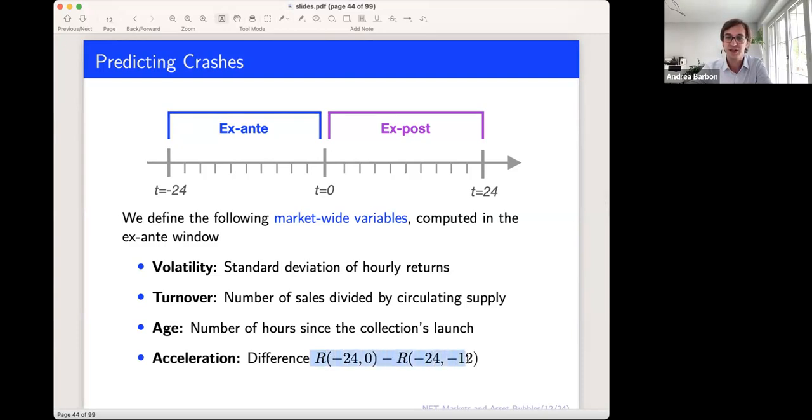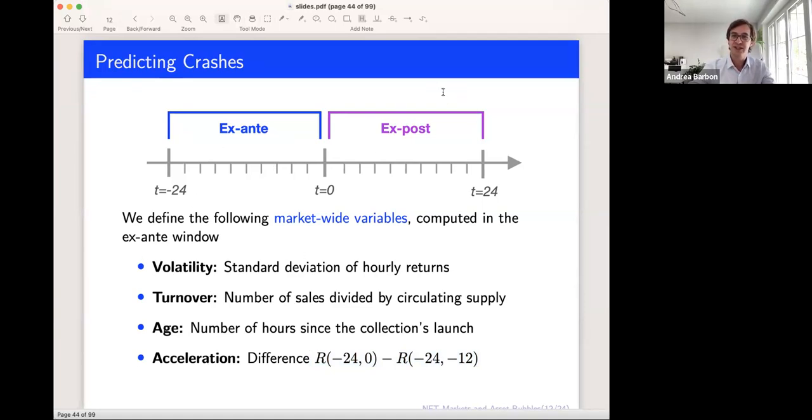Okay, so think about it. If this difference is positive and large, this means that most of the return was actually accruing during the last part of the ex-ante window. Okay, so if this difference is large and positive, there was a huge acceleration in the price close to t equals 0. While if returns were spread out across the day here, and so the price was going up, you know, very slowly, then this acceleration variable would be 0